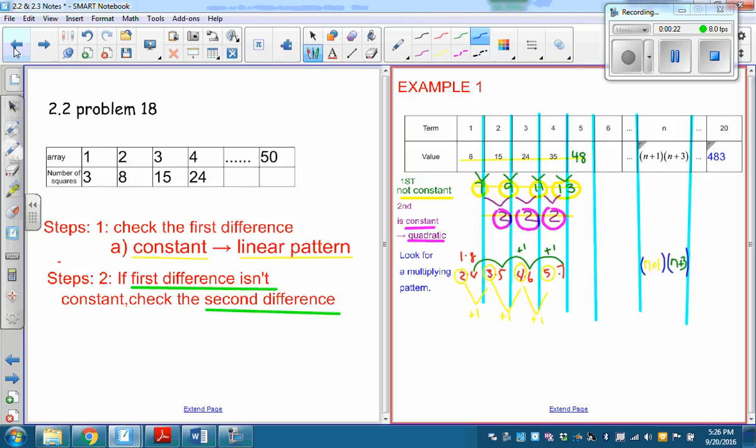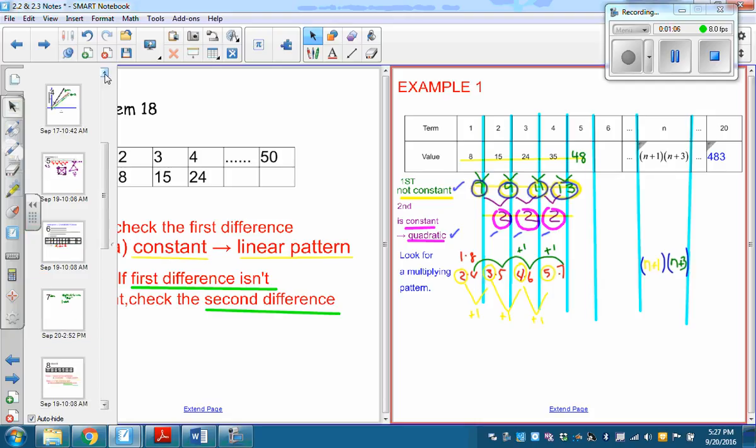So if you check the first difference and it's constant, then you have a linear pattern. For example, over here on the right hand side of the page, these numbers 7, 9, 11, and 13 are not constant. So we don't have a linear pattern. So step 2, we go to step 2 and see if the second difference, which is 2, 2, 2, is constant. It is constant, which means we have a quadratic. And just to remind you of what it looks like if it's not quadratic,